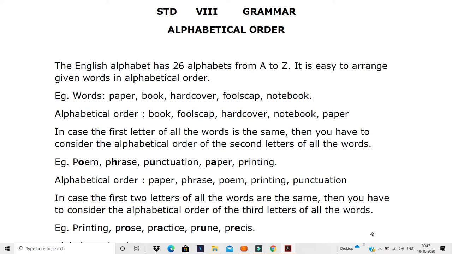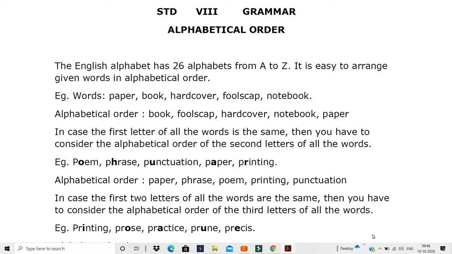F is written here. G, H here, H. So H is written. The word starting with H is written here. I, J, K, L, M, N here. The word starting with N is written here. O, then P. So this is the order based on when each and every first alphabet is different. See here it's starting P, B, H, F, N. So each and every first alphabet was different. So you look only at the first alphabet and then say your alphabets and arrange them accordingly.